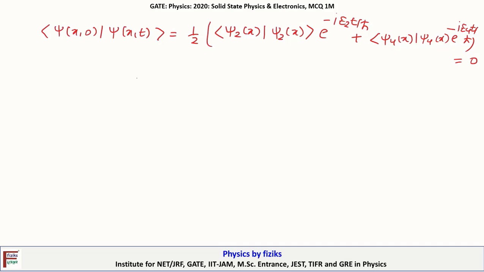That means e to the power minus i E2 t by h cut plus e to